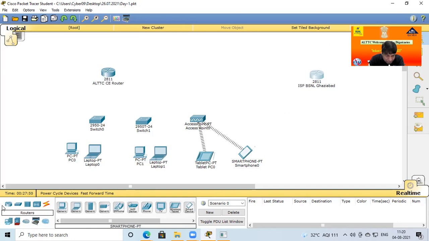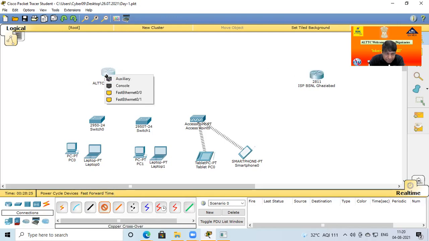So now come inside. These are the devices. Click on the lightning symbol. Basically, these are the different types of cable. If you move your mouse, you will see which type of cable it is. By default I know, but if you are using it for the first time, when you move over the cables from left to right, their specification will be shown in this box. If I move over the console cable, then here is the copper straight, and then the crossover. So for the same devices, crossover LAN cable. Click here.